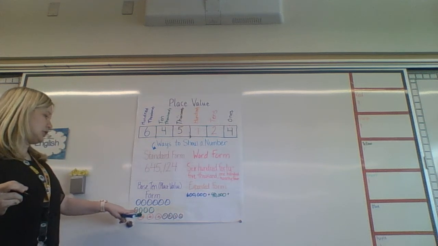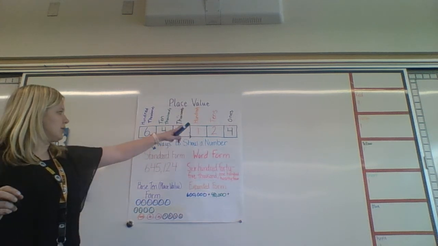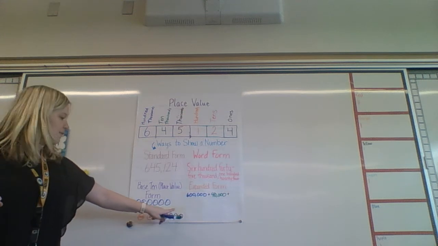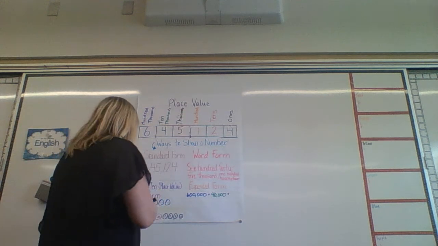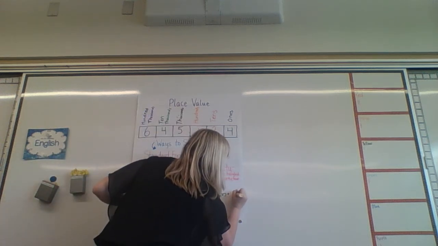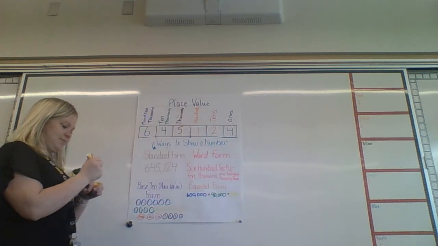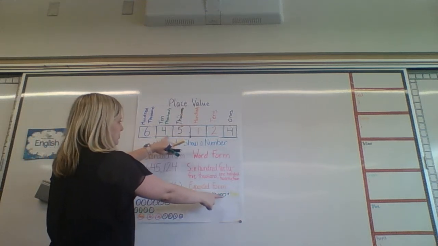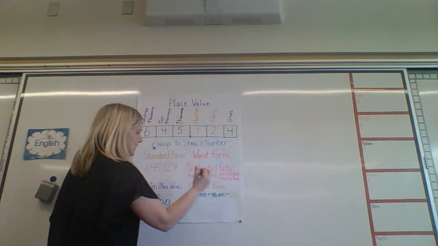That's okay. So now I have my 1,000s. 5 groups of 1,000. 1,000, 2,000, 3,000, 4,000, 5,000. Let's see if I can fit that in there. Yes, I did. So 600,000 plus 40,000 plus 5,000 plus,